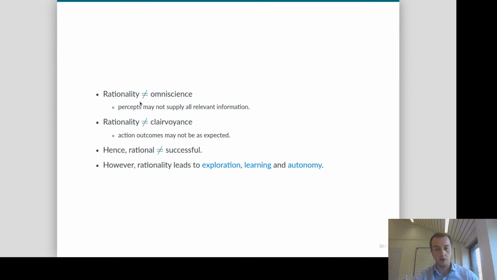It does not know the cards that the other players are holding. And this is true because percepts may not supply all relevant information. Of course, if you knew these cards from the other players, you could make even better decisions, but you don't know them and you have to deal with that. And you have to deal with these known unknowns in a way which is rational. Okay, the second